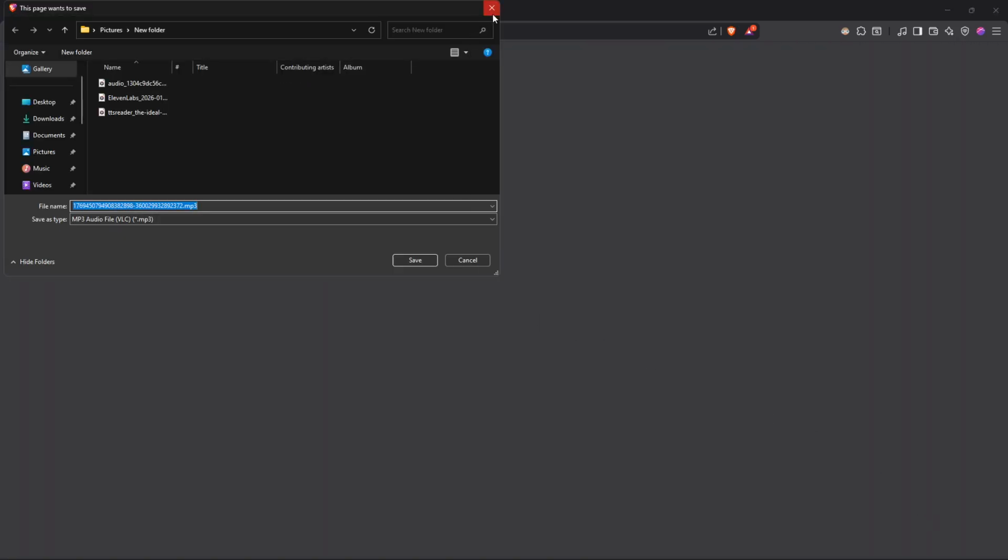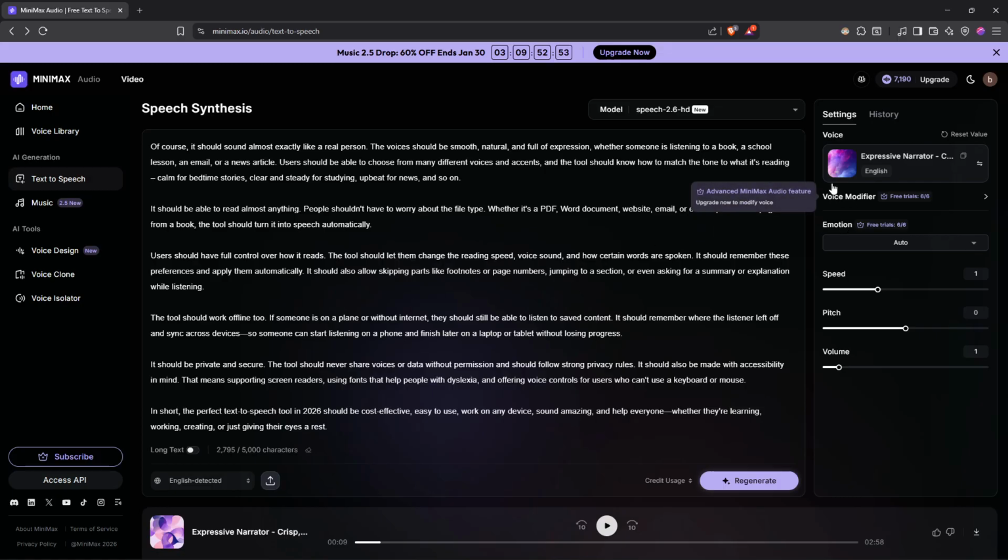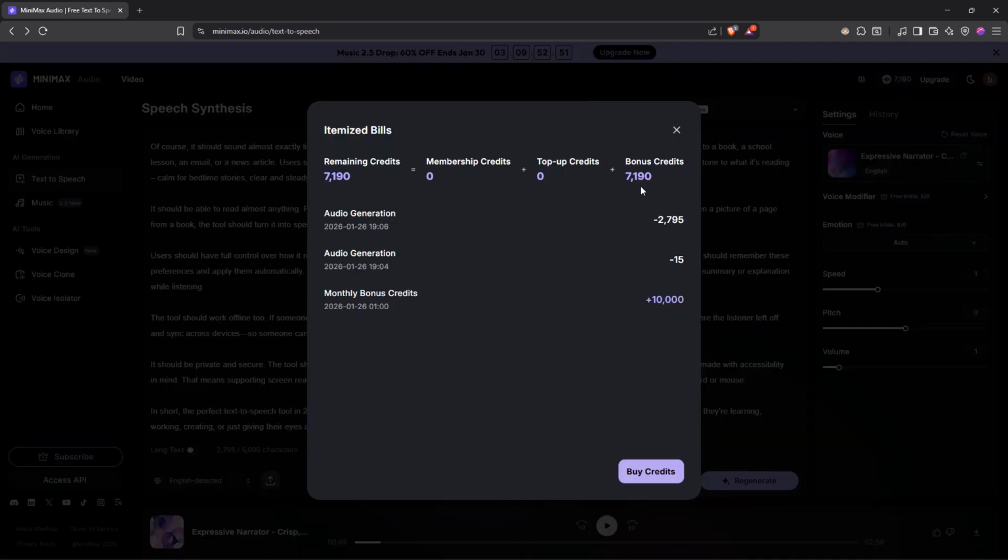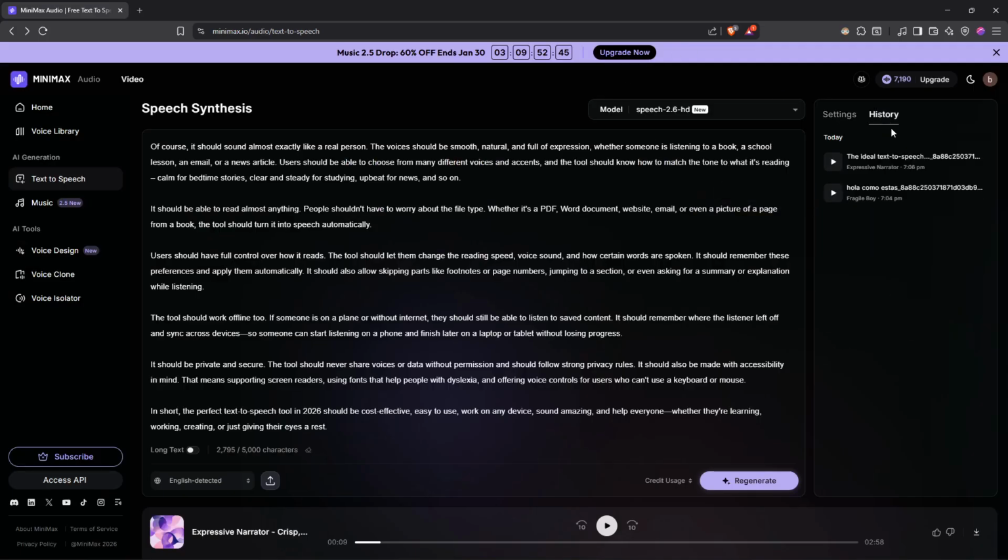I do have even a download button. Can I download it for free? Yeah, I can download it without even including any plan. It uses some of my credits. I can see even the history of what credits did I lose here and stuff. I can click on history if I want to delete or download any of my old text-to-speech that I did,